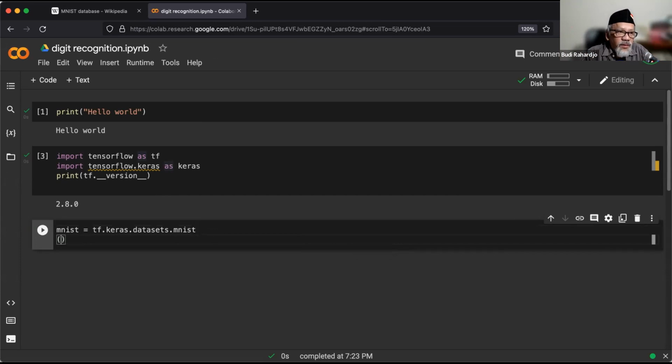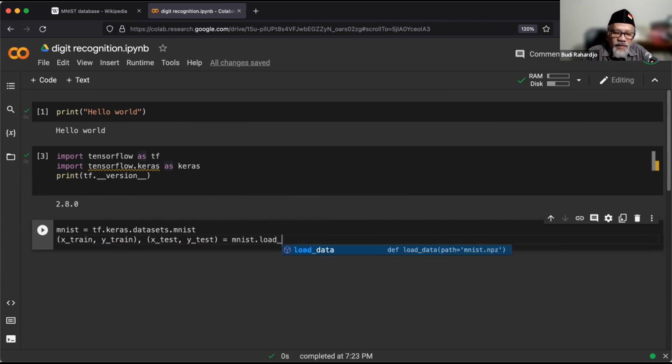What we are going to do is use X train and Y train. X is the image, Y train is the label, okay? So that's the training set, and then X test is for testing, and Y test. Then we're going to load it. This is the actual load: mnist.load_data. If you look at my screen, there is usually a help. When I type load underscore, there's a completion, load_data. I can just hit enter and it will continue with whatever is on the screen.